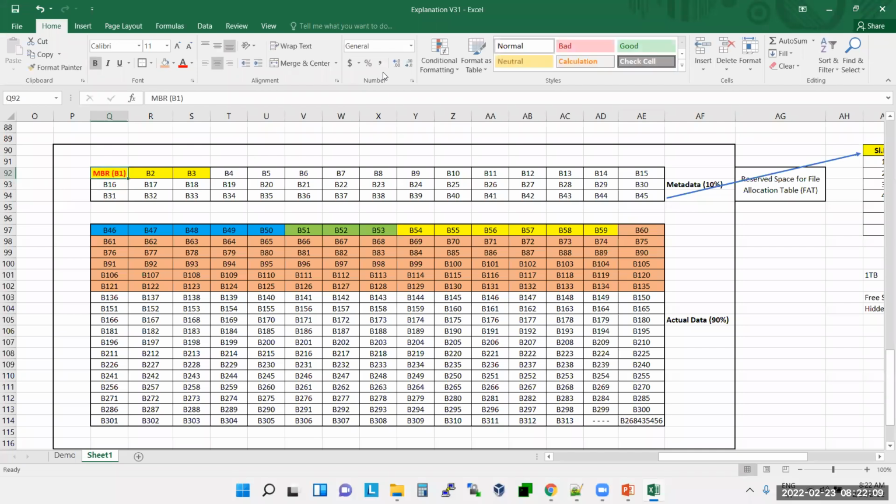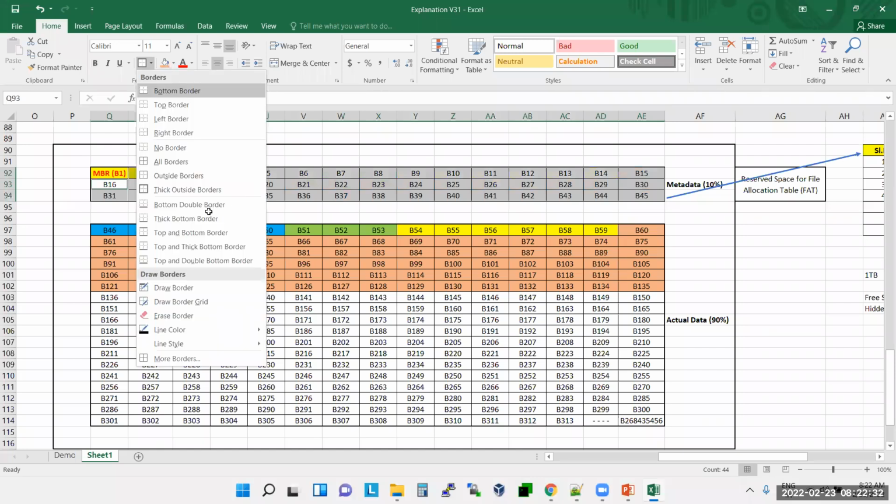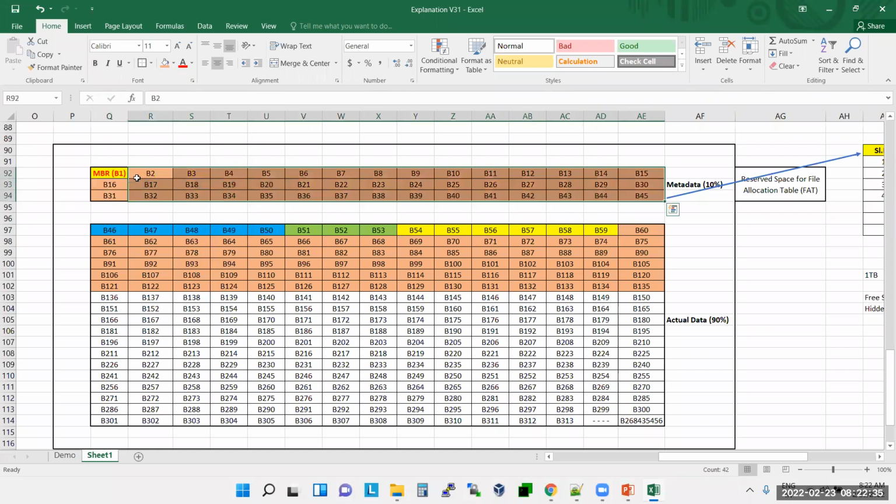Understood? For any place, you will have a main gate, right? In the same way, for any hard disk also, you have a starting point, and the starting point of the hard disk is MBR. The next place is the metadata. MBR is the starting point. The rest of the area inside this metadata area will be reserved for this table. Understood? Any questions? Yes, sir. Got it.